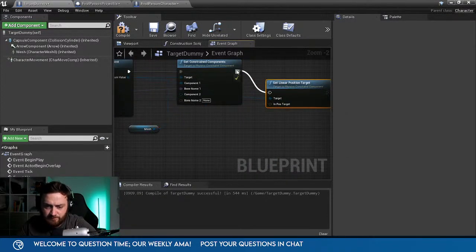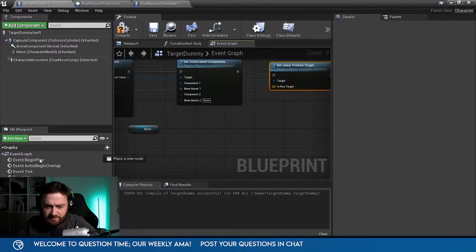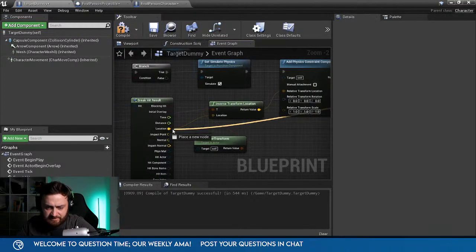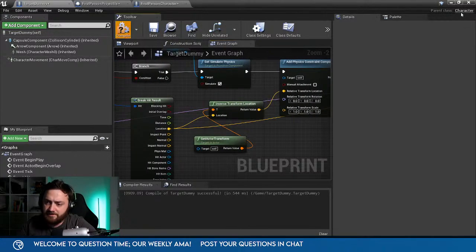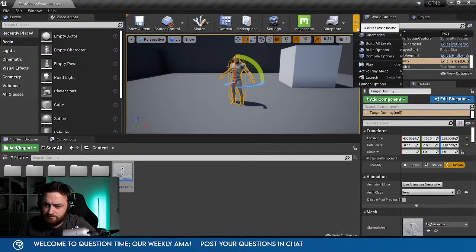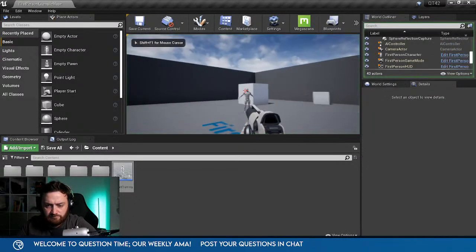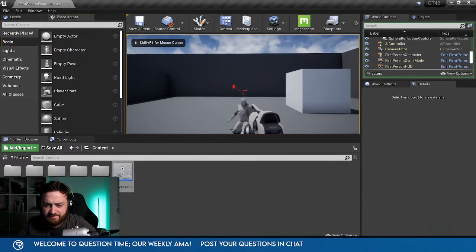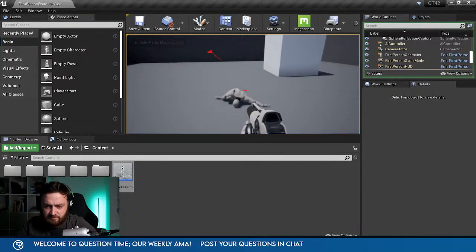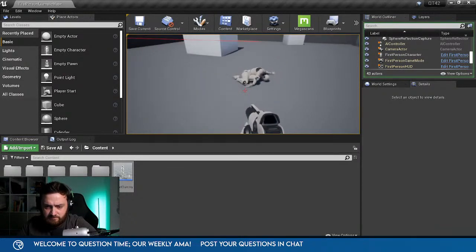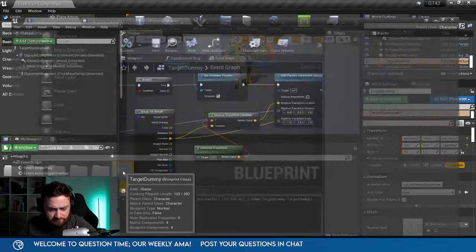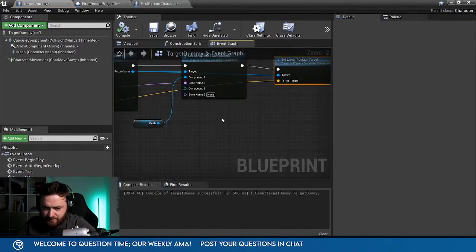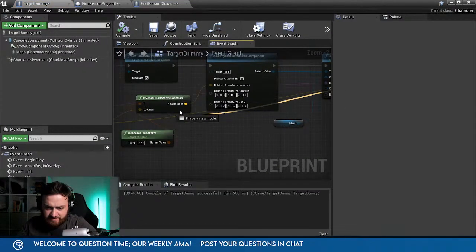Okay, we'll try it as the location of this. See if it's a world location. I've got a feeling it's relative. Don't know. Right, let's try it with the relative location. This one.